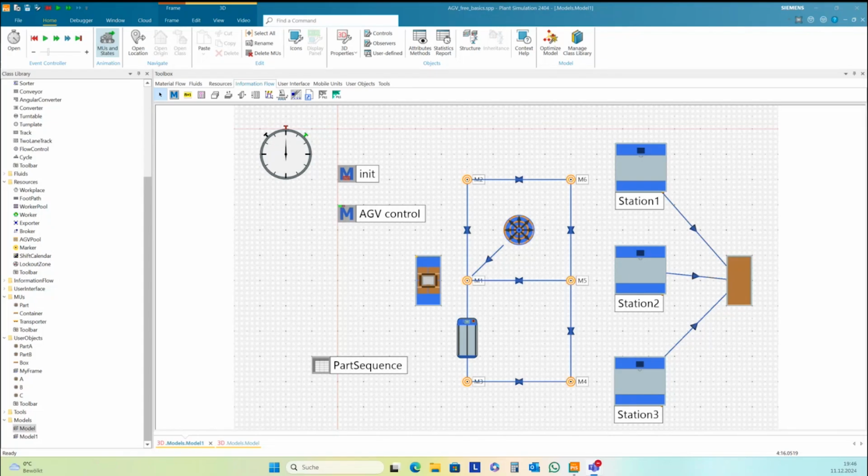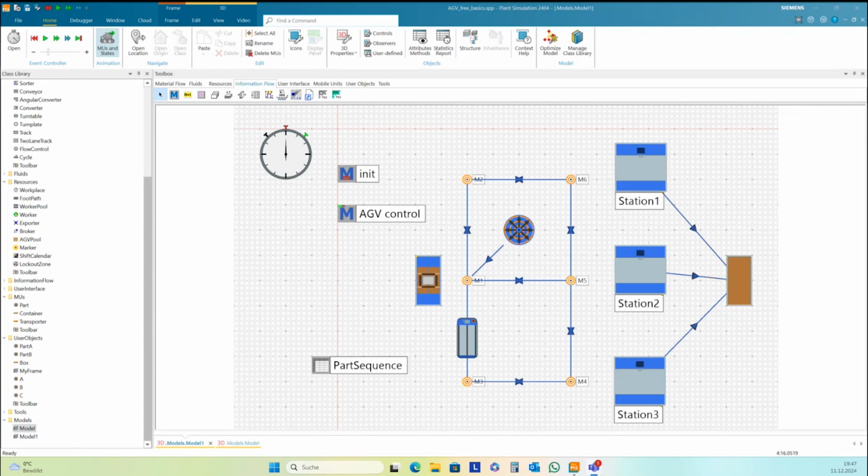Yes. But there is another question in the chat. So is it okay to change route or destination while the AGV is somewhere on the route? So it hasn't reached the destination yet. Is that okay? Not yet, maybe in the future.